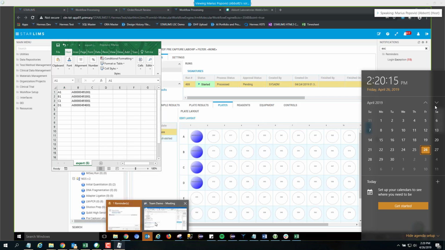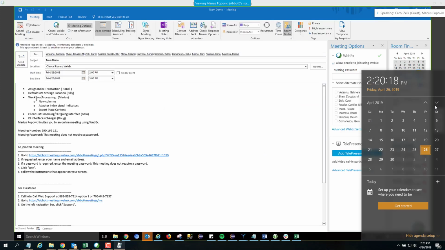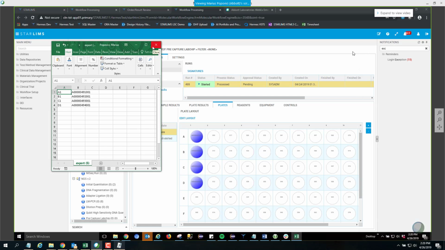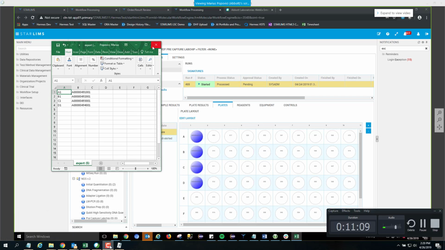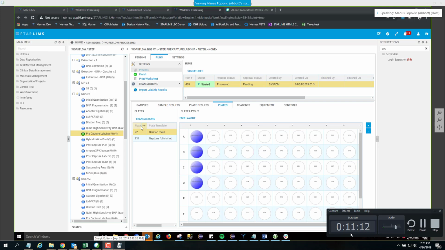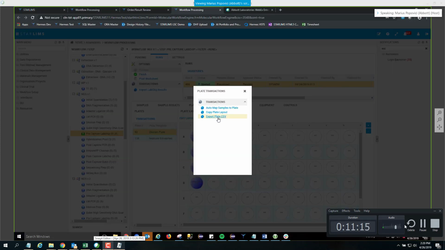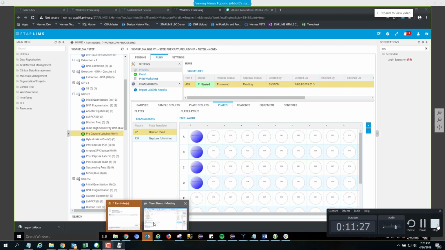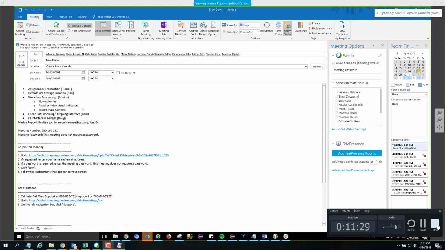Let's see what else. Marius, if I can restate, what we see when we click on the export plate transaction is the CSV file that will be generated. Yeah, the CSV file gets downloaded. You'll see it drop in the bar here. Then you click on it and open it with Excel or whatever is associated with CSV. I think we can move on. So Rauka, maybe you want to show default storage location, and then